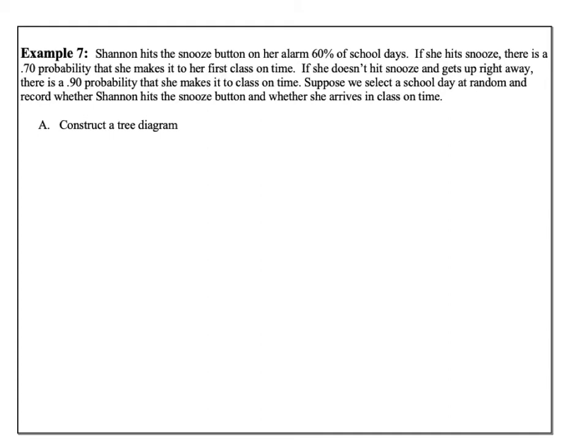So we're going to make a tree diagram, and then we're going to use it to calculate some probabilities. So the alarm rings and one of two things happens. Either she hits the snooze, or I'm just going to say no snooze, meaning she gets up right away. And I'm going to add my probabilities right on the branches. I typically write my word under the branch and I put my decimals, I always use decimals, above the branch. So it says she hits the snooze 60% of days, which means 40% of days she's going to get